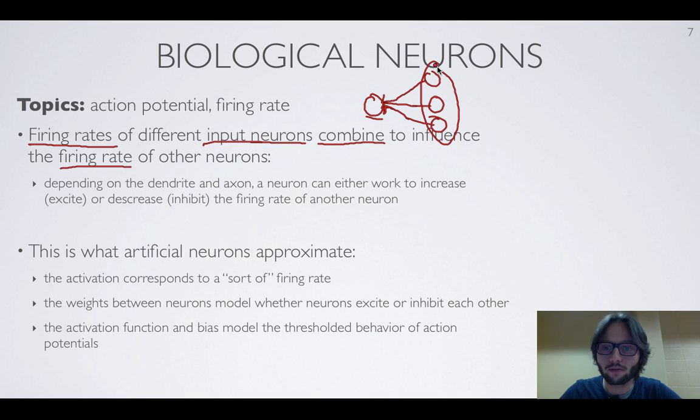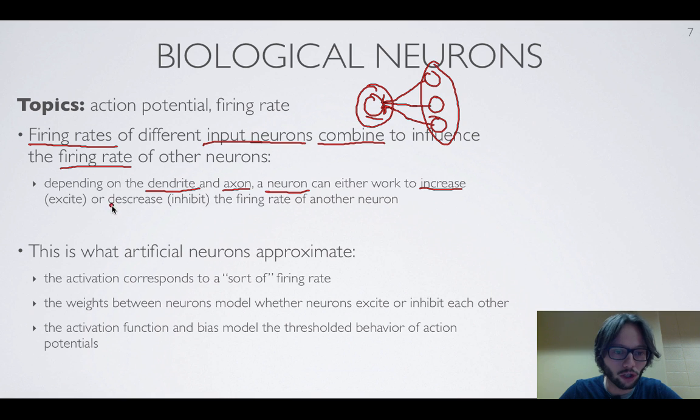So the firing rate of these neurons will influence the firing rate of the neuron they are connected to. Depending on the properties of the dendrite and the axon, one of these neurons can either make the firing rate of that neuron